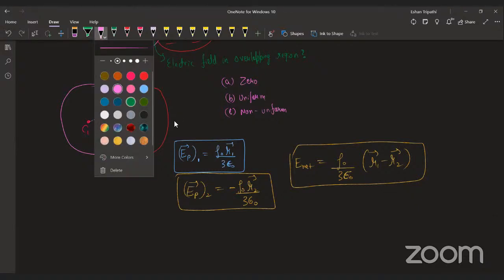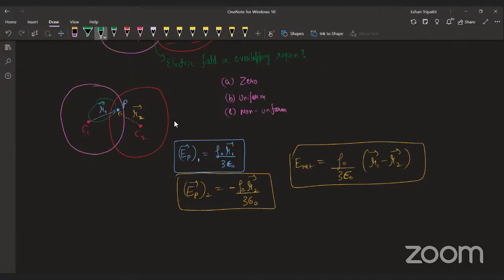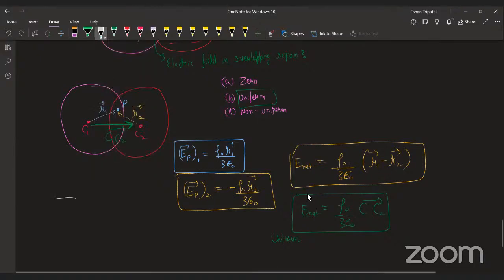vectorially, this vector minus this vector is basically the vector starting from C1 and going to C2. This C1 C2 vector, times rho naught by 3 epsilon naught, is this constant C1 C2 vector. Neither is its magnitude changing, the distance between centers, nor is its direction changing. Centers are fixed. So this is uniform. Answer is B. In fact, if you want to imagine how it would look like, you can do that